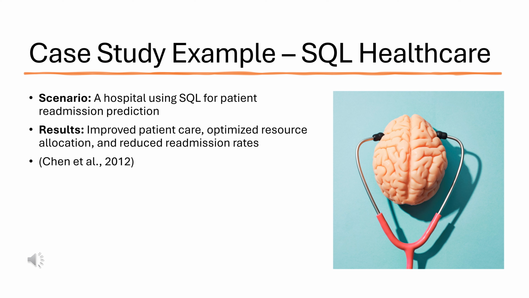Feature engineering was performed to create new variables such as the time since last admission and the complexity of the medical condition. Data aggregation was used to summarize patient data and identify patterns. The data was then split into training and testing sets, and a predictive model was built to forecast the likelihood of patient readmission. This model helped the hospital staff identify high-risk patients and provide them with targeted interventions and follow-up